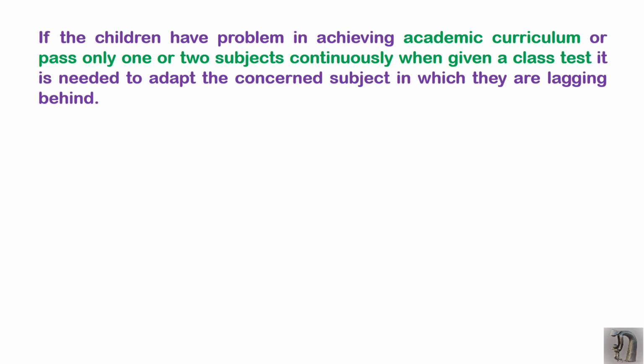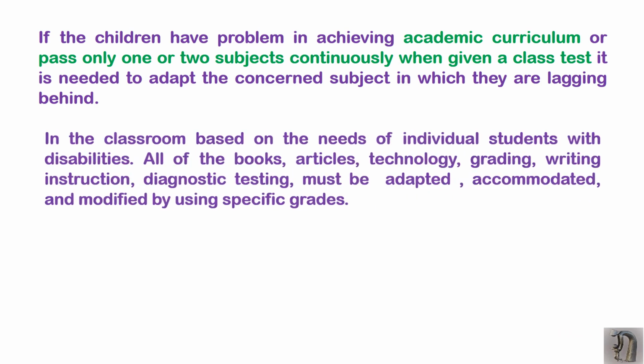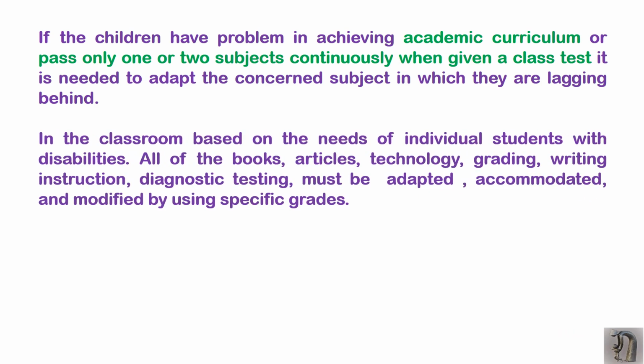You need to think considerably, accurately, and appropriately, and then you have to move. You have to take the decision whether you want to do a modification or not. You can do a modification in the books, in the articles, in the technology, in the grading system, when the child is writing the test, or when you're giving the instructions. You can do adaptation, accommodation, and modification in any of these factors,